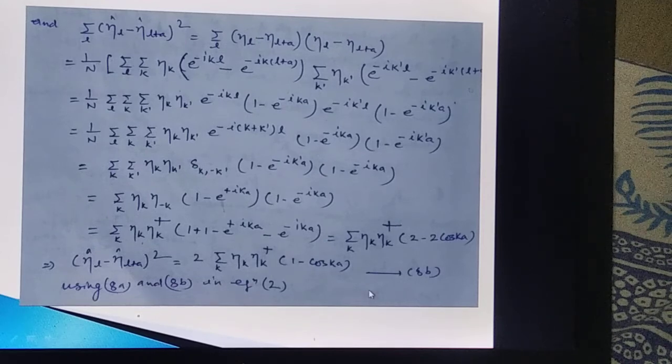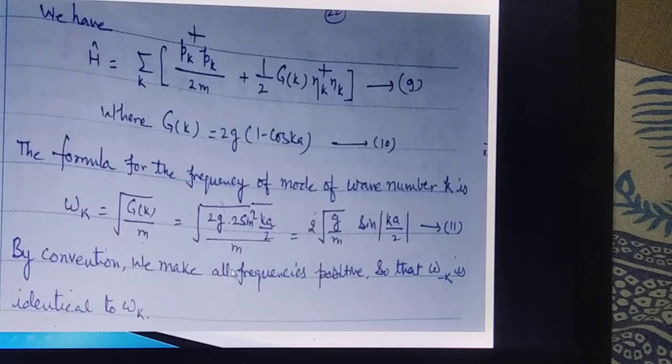So now you are having P L square and (eta l minus eta l plus a) whole square in terms of new operators eta k and pk. So using these values in equation number 2, you have H equal to summation k pk dagger pk over 2m plus 1 by 2 Gk eta k dagger eta k. Here Gk is equal to 2g into 1 minus cos ka, and